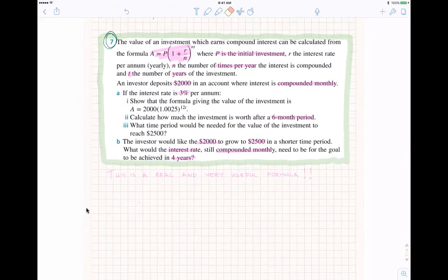So for question 7, we're going to use a useful formula. It's a formula that the general and further maths students should be really familiar with. The value of an investment which earns compound interest can be calculated from this particular formula. P is the initial investment, R is the interest rate per annum, N is the number of times per year the interest is compounded, and T is the number of years of